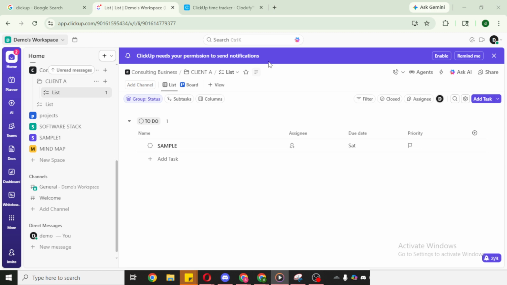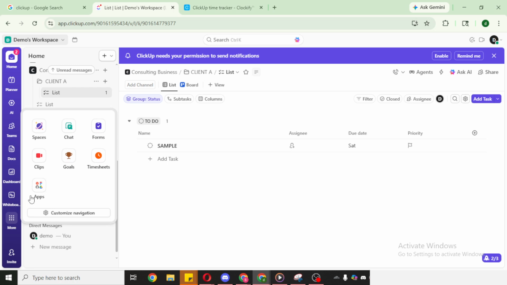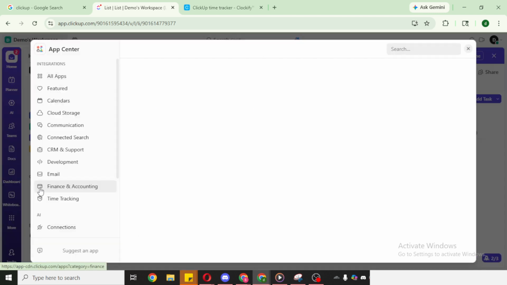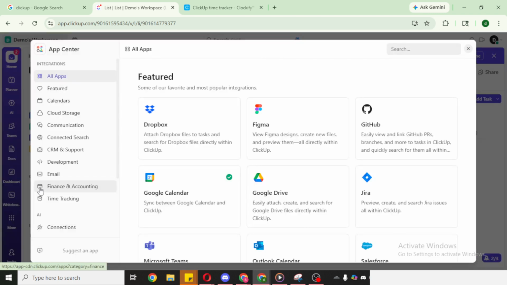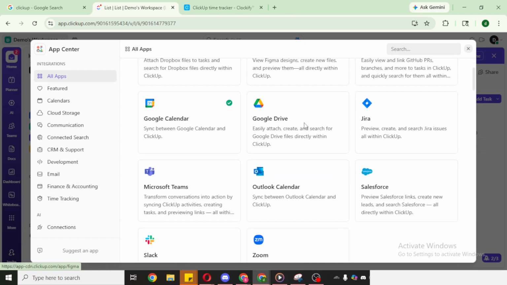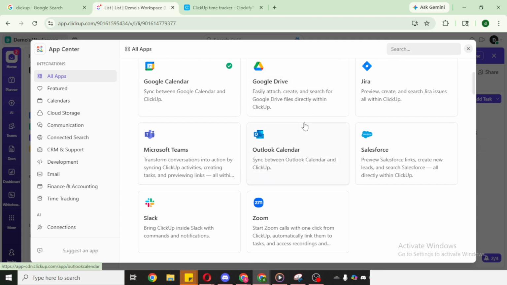You'll find this in the ClickUp interface, typically in the left sidebar as an expanded menu with additional settings and features. The More menu is where ClickUp keeps tools that don't fit in the main navigation, including integrations. Next, click Apps. This opens the Apps or Integrations area, which is essentially ClickUp's directory of services you can connect. Here, you'll see a range of tools you can pair with your workspace to streamline communication and automate parts of your day.